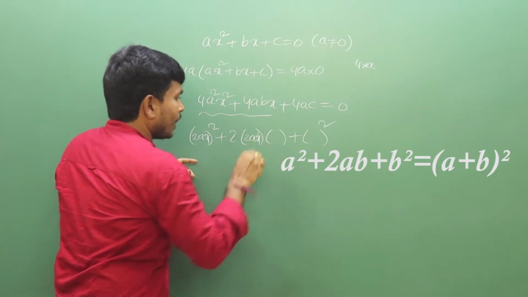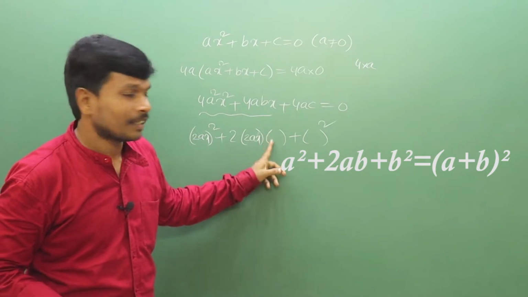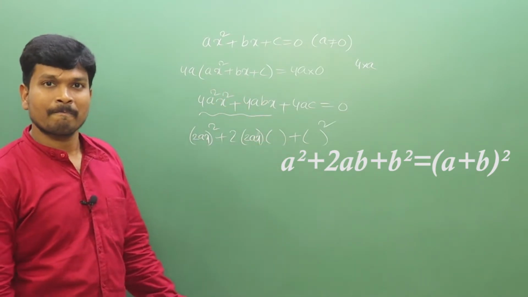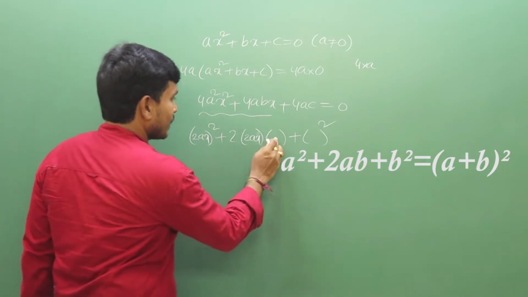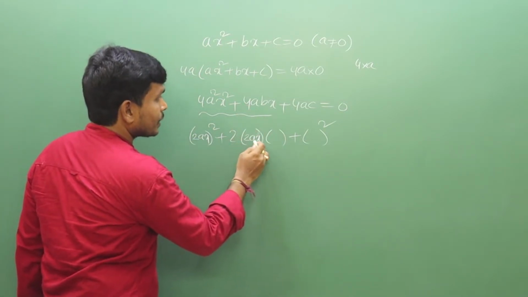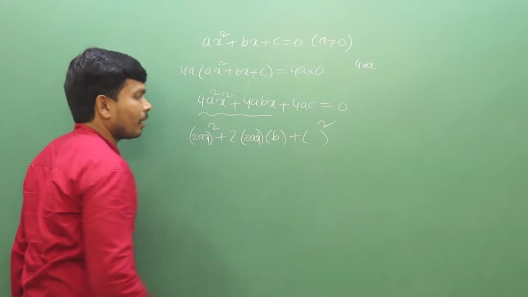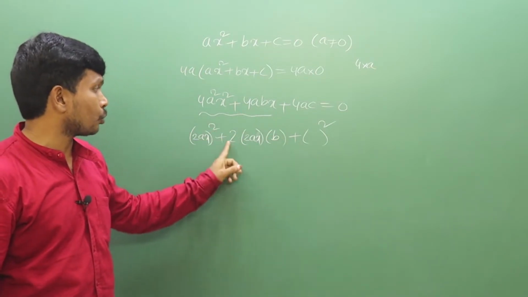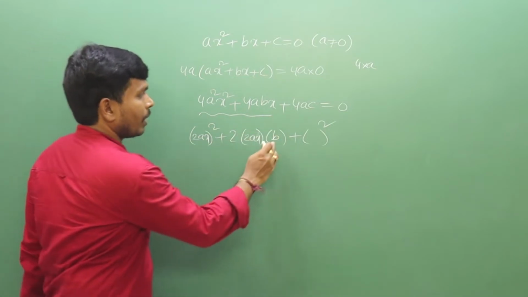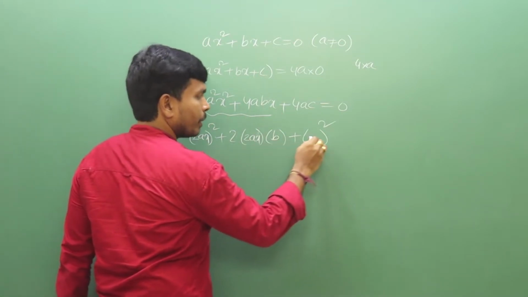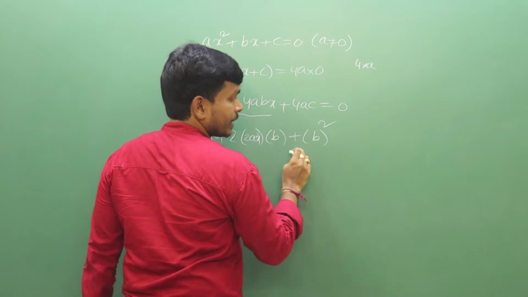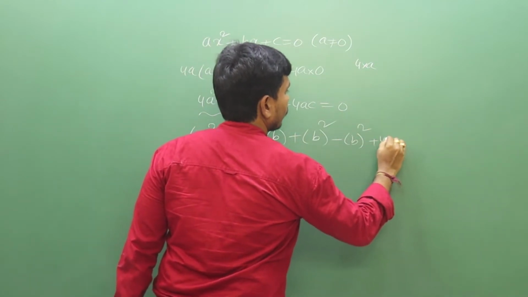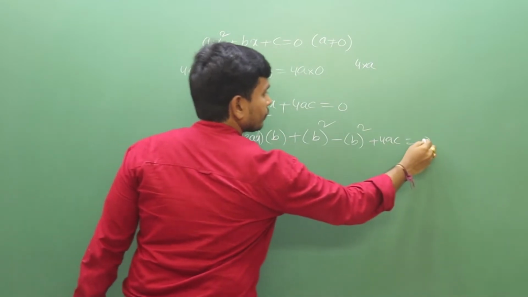Now your challenging step, you got it. What is the value you can get in this bracket? Yes, 2 2s are 4, a is there, x is there, but b is not there. So you multiply these three terms and you will definitely get it. 2 2s are 4, a, b, x. Now what is the value in place of b? b only, so b square. It is an extra term, no? Immediately you have to do minus b whole square plus 4ac equal to 0.